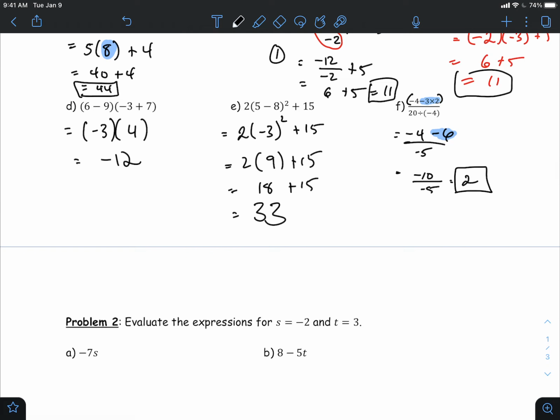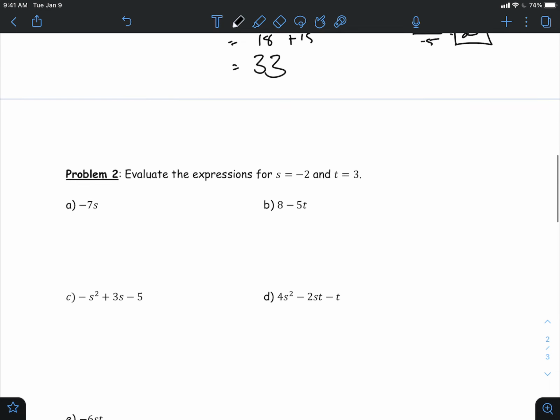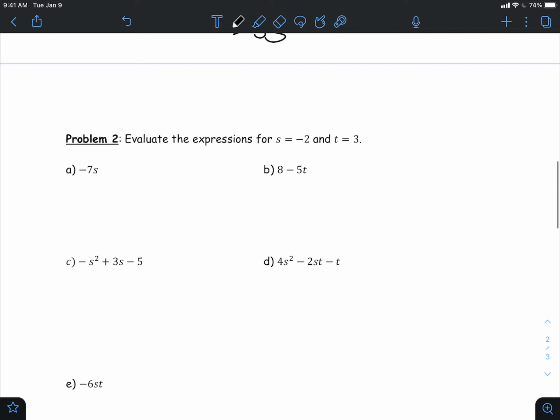Okay, not much different than what I showed you already, at the beginning of this. We're going to try and evaluate these expressions. It gives you the conditions. Sometimes it's going to use S. Sometimes it'll use T. Sometimes it'll use both. Could use it in whatever combination you want. It could be multiple S's. You could multiply by an S in the top and then divide by an S in the bottom. There's all sorts of combinations. All it means is,